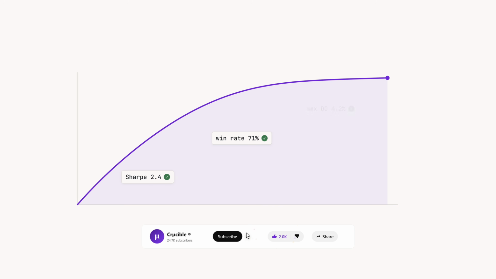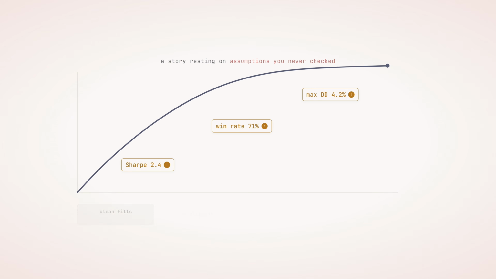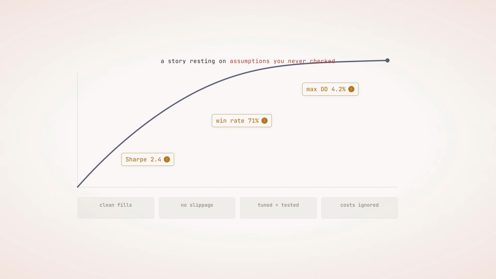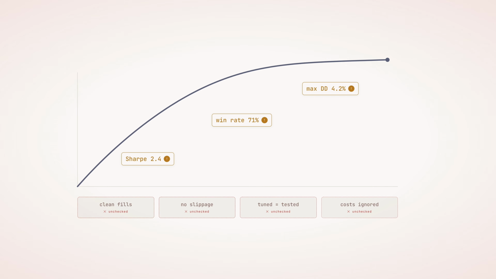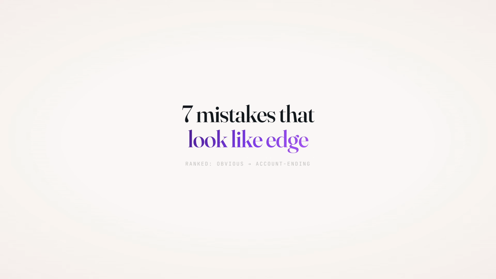Your backtest looks great. Smooth equity curve, strong Sharpe, a win rate that makes you want to go live tomorrow. And that's exactly the danger, because a backtest isn't evidence that a strategy works. It's evidence that it would have worked in a simulation you built under assumptions you probably never checked. Most systematic strategies don't die from bad ideas. They die from good ideas wrapped in a backtest that lied. Here are 7 ways that happens, ordered from the ones everyone knows to the ones that quietly do the most